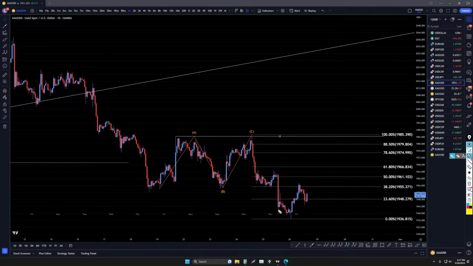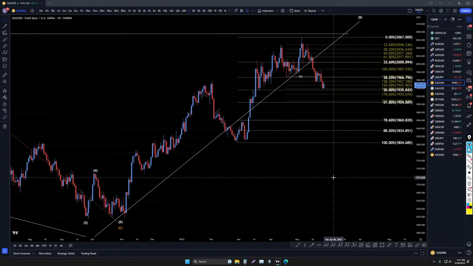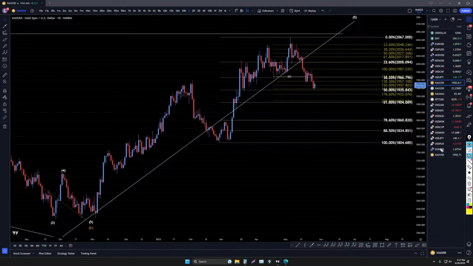Gold is going up too, I think. I even said that at the beginning of the meeting, that gold is probably going to end up going up. And honestly, from the picture on the daily time frame, I honestly think gold could make a bigger push up than most people are expecting. I really do believe that this is a 1, 2, 3, 4, 5 bouncing off the 50% level. This is a downtrend right here, and this is very clearly 3 waves up.